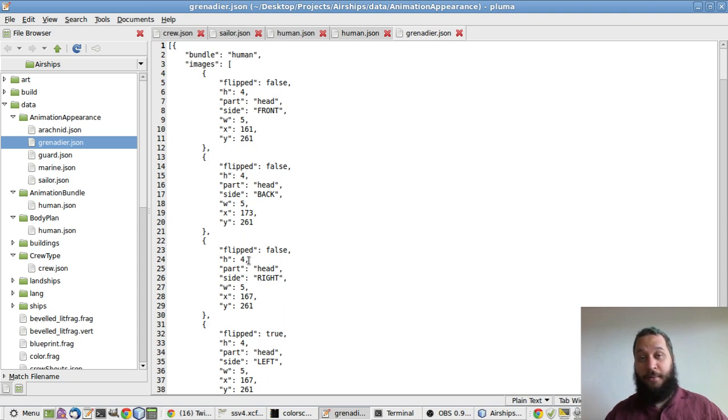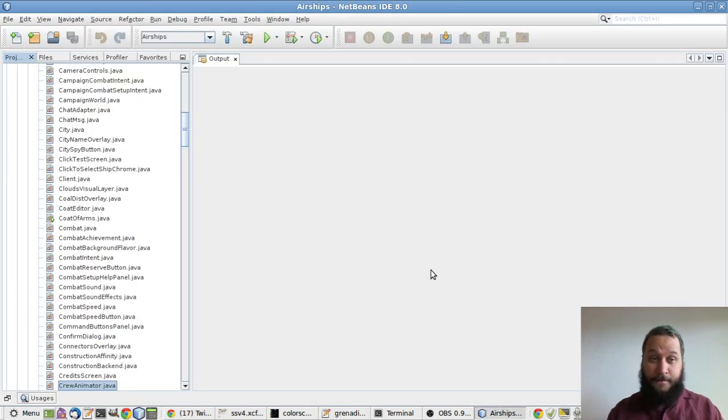But in order to do that without going completely mad and having to type all of this stuff in manually, the first thing which I want to do is make an animation viewer that basically lets you choose a particular appearance and then watch how it animates. So going into the code,